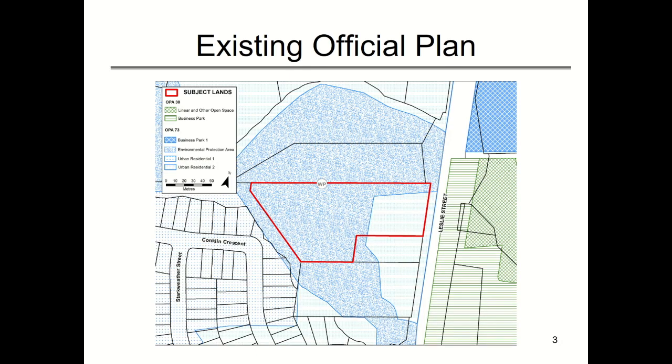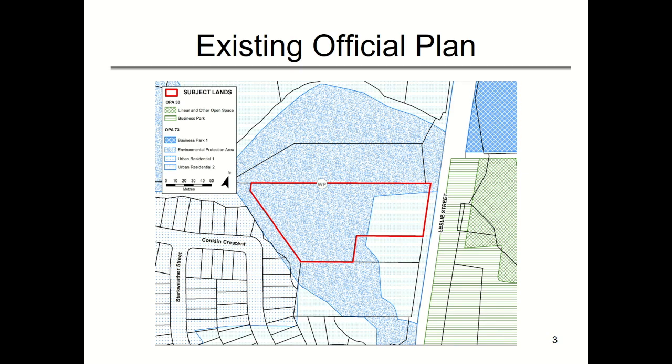The subject lands are designated as Urban Residential 2 and Environmental Protection Area under the Aurora 2C Secondary Plan, OPA 73. The Urban Residential 2 designation permits medium-density housing forms that are well-designed and transit-supportive in proximity to community recreational and convenience commercial facilities. The Environmental Protection Area designation protects and enhances the natural heritage system. This designation contains hazard lands, natural heritage features, including their associated buffer areas, vegetative protective zones, and/or setbacks.